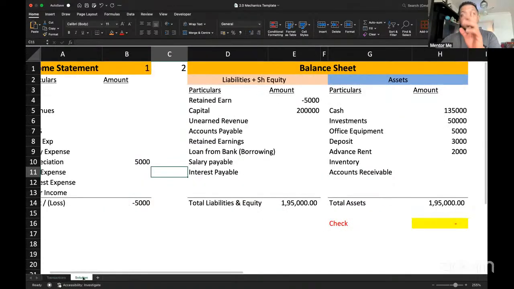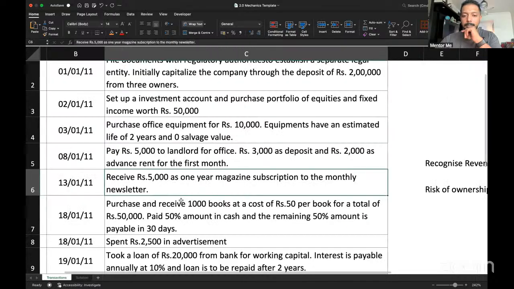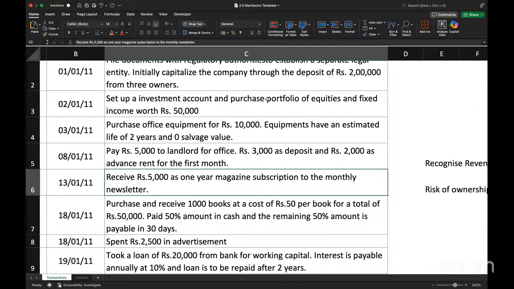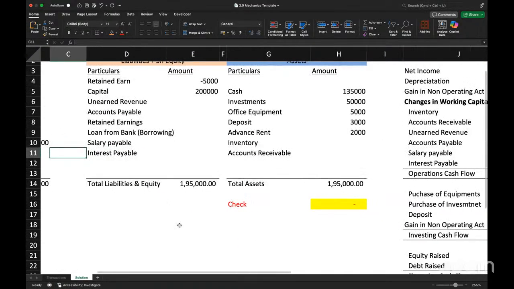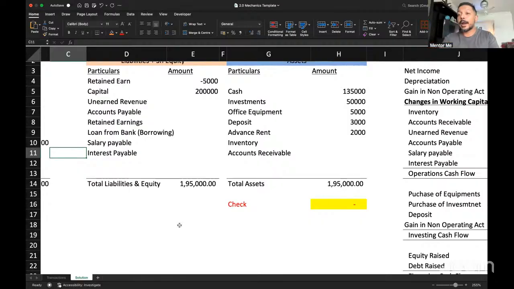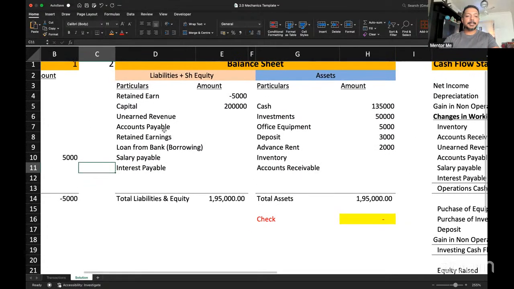Now you tell me whether this is an asset for you or a liability for you. First, let's just discuss whether it's an asset or a liability. Asset? Sorry, the thing has not been delivered to the customer, so you are liable to provide the 1 year subscription. Yes, liability, right? So that will come as a liability